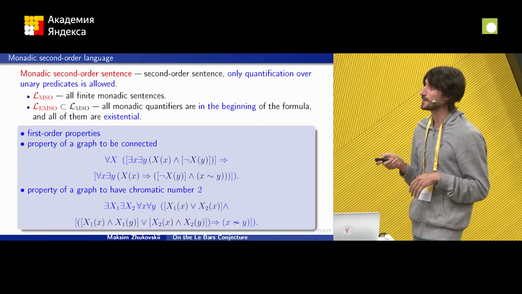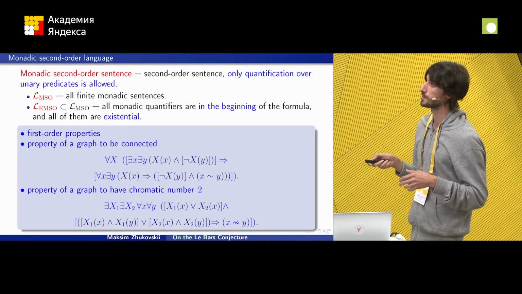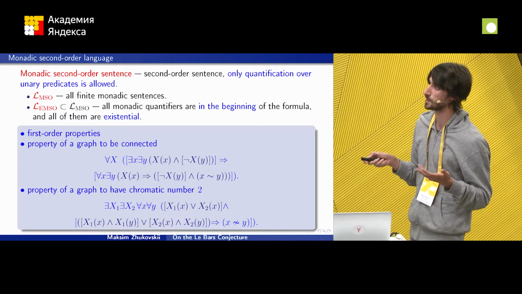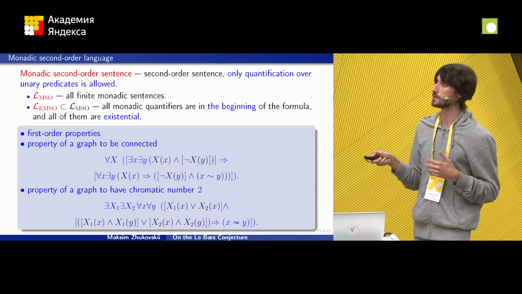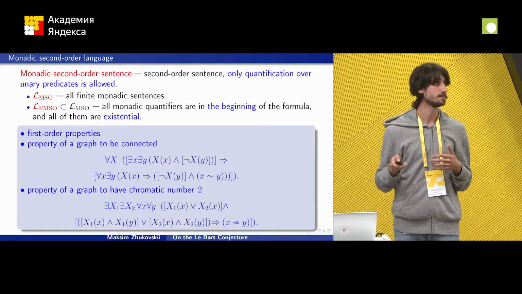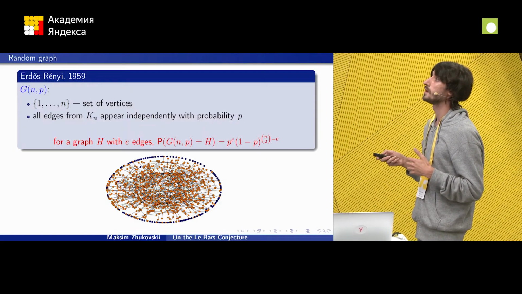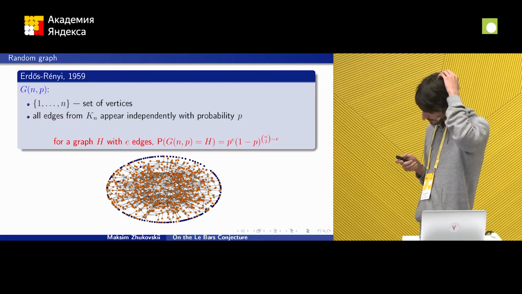Okay. And the property of a graph to have chromatic number 2 can also be expressed in this language, but using existential monadic, because we have only existential quantifiers in the beginning of the formula. Okay. Now let me consider